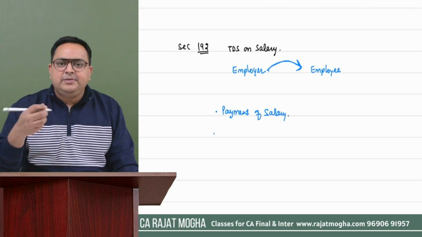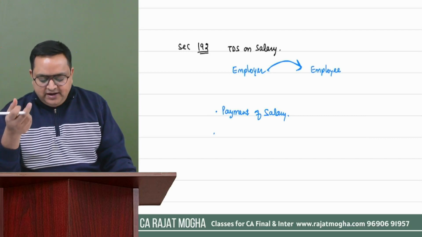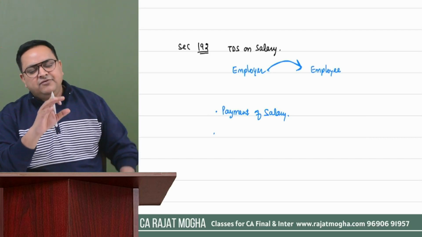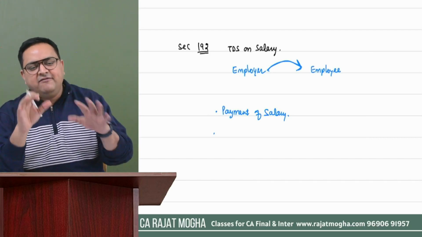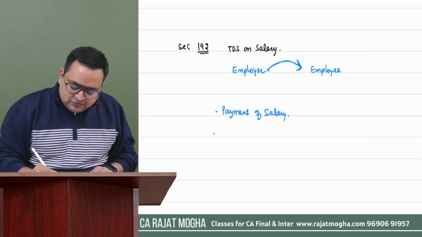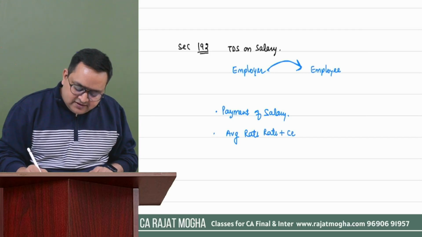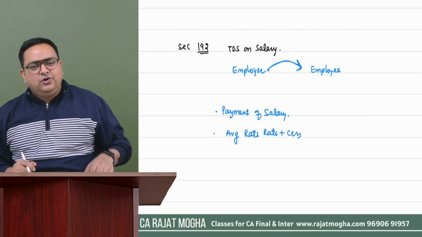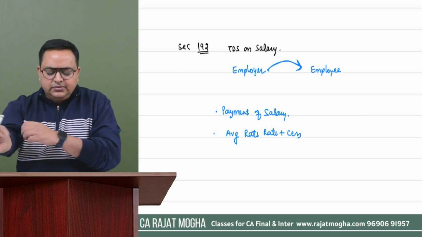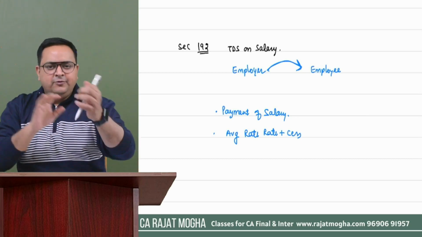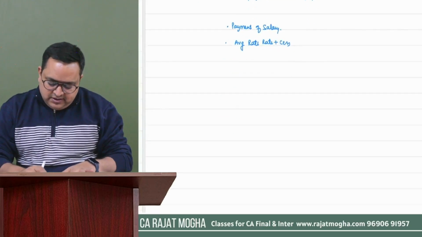Second thing is that what would be the rate of TDS? There is no such rate. We will deduct TDS on an average rate basis. And also we will consider cess while deducting TDS, right? So how does it work? I'll tell you very practically how it works. Let's say,